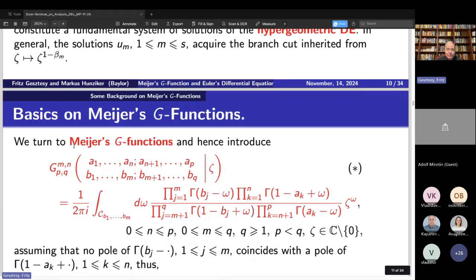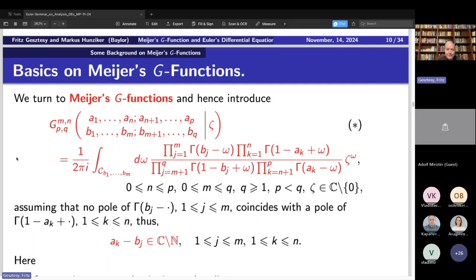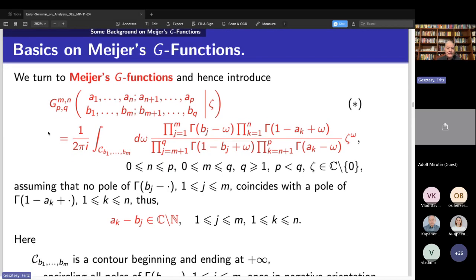Let's turn to Meijer's G function. This is a complicated object in the following sense. It also depends on A's and B's, so the analog of alpha and beta that we had. But it's actually a contour integral. I'll say something about the contour in a minute. And you integrate certain ratios of gamma functions. So this is